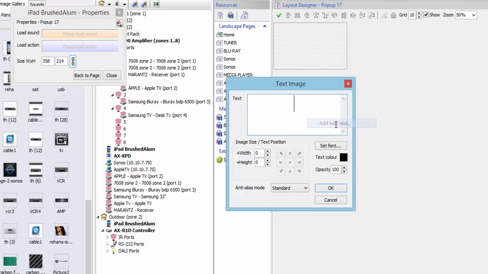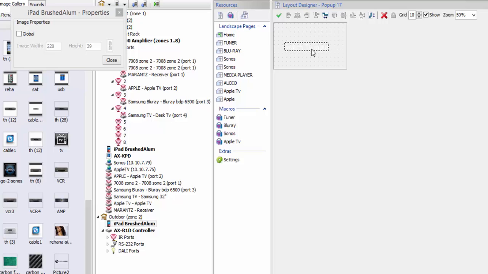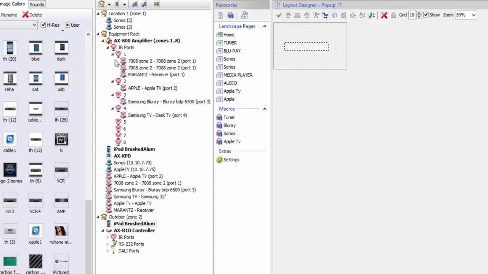And our text is going to say, switch TV inputs. Okay, then we click OK. And this is where my pop-up is going to show up, right here in the very center of that box. Okay, so once you have that pop-up there,